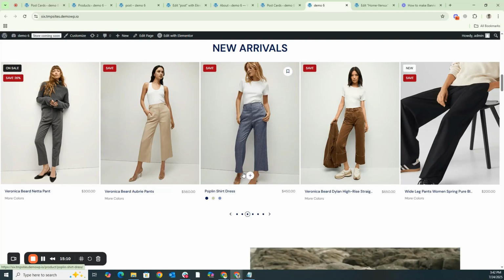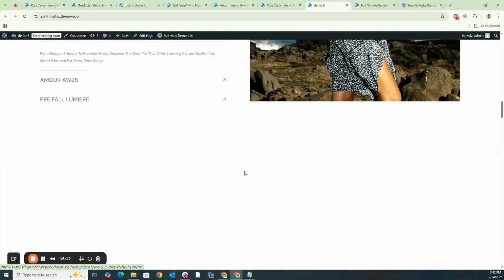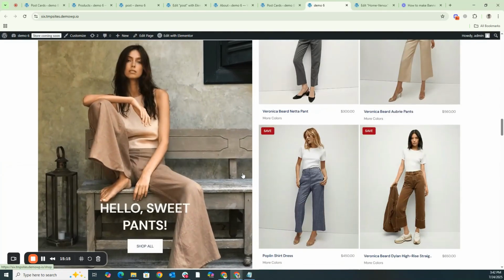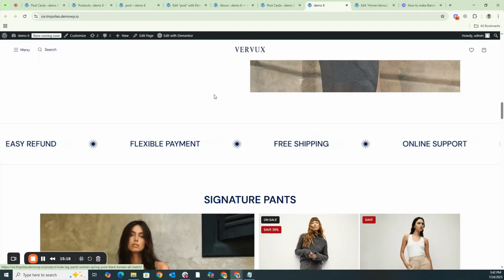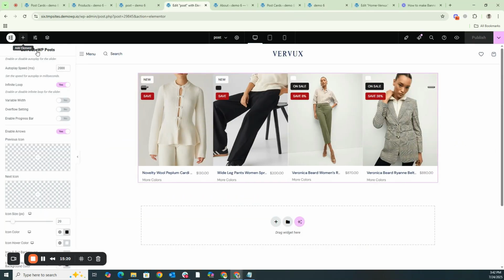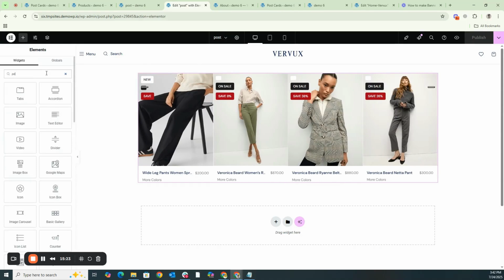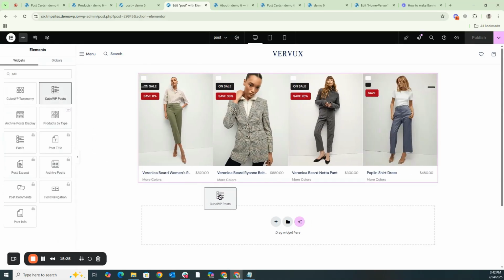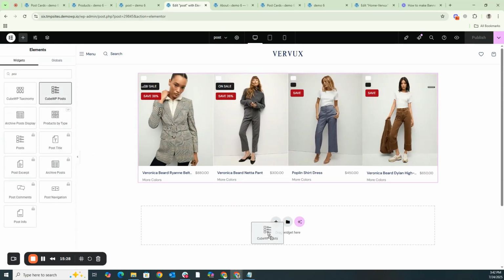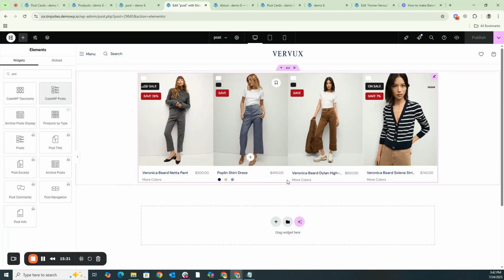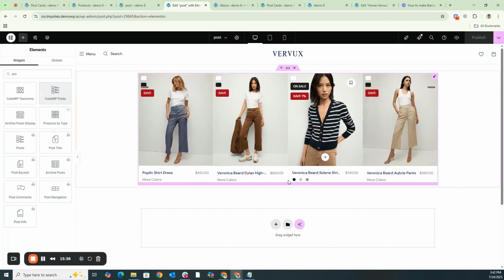Here, the QW post element can be dragged and dropped onto any section. For example, if there's already an ad above and I want to add it again, I can drag and drop it and a post element will start showing posts again. Or if you want to add some other element in its place on this page, you can do that too.